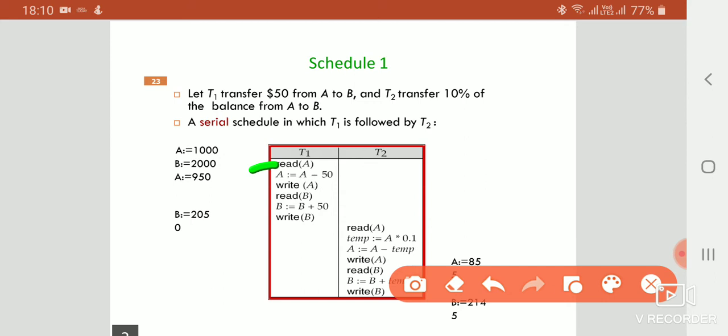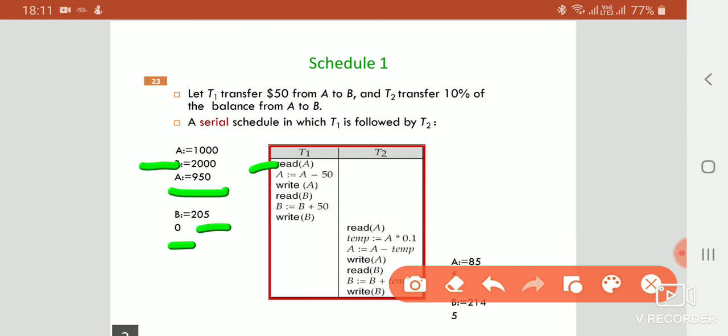Then A is equal to A minus 50, 1000 minus 50, gives 950. Then write A, we write this on the buffer. The next instruction is read B. Read B reads 2000. B is equal to B plus 50, which is 2050.